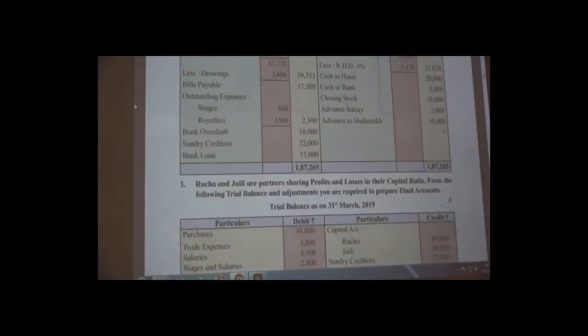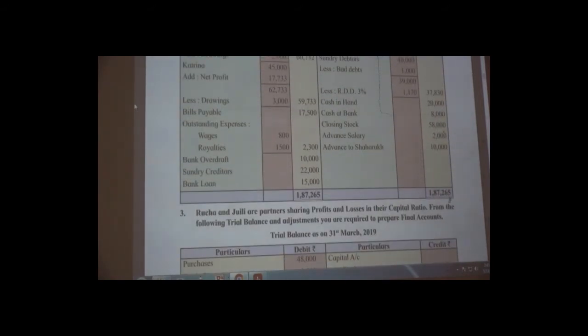So come to the balance sheet. On the liability side, write down the heading. As expenses are given there, that's why we are writing like this. Write systematically: outstanding expenses. Then write down, first our expenditure is royalties, royalties rupees 1,500. So these are the two effects. The first effect was added to royalties in the trading account, and the second effect is on the liability side.